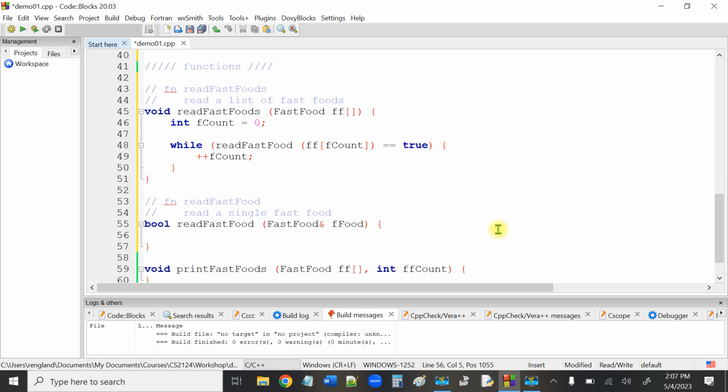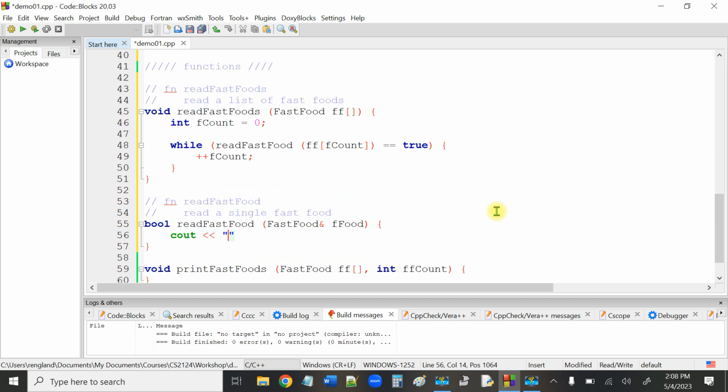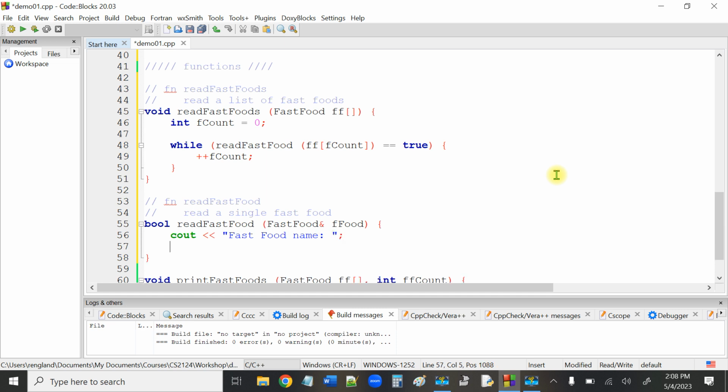So here we go. Now we can't put it off any further. We've got to read this stuff. cout. And, well, there's not too much to read. I need the name and the calories. Okay. Fast food name, colon space. There's my prompt. cin, and I'm reading into F food